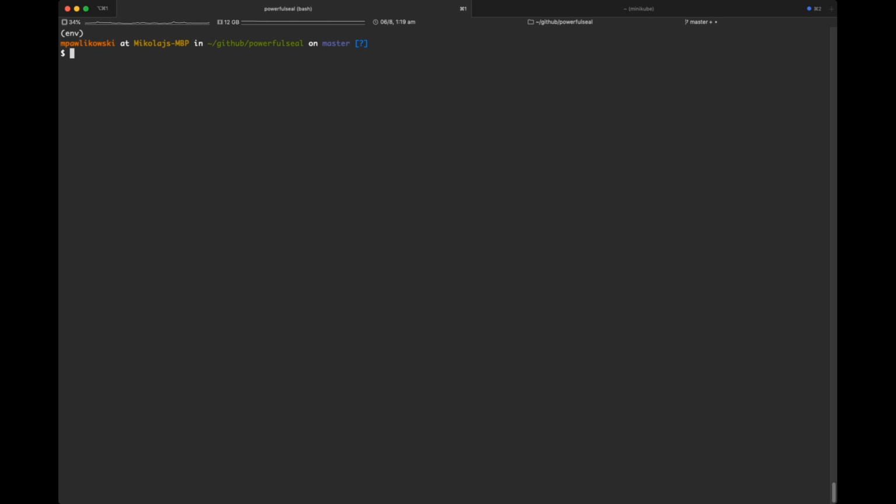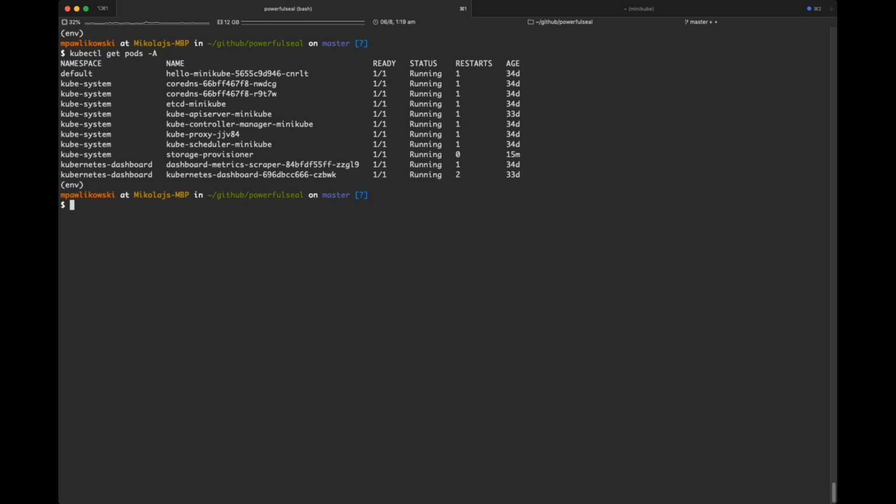So I've got here a Minikube setup, just a basic one with a single master, and I've got a bunch of pods running. Also nothing extraordinary. This is just the stuff that Minikube starts with.